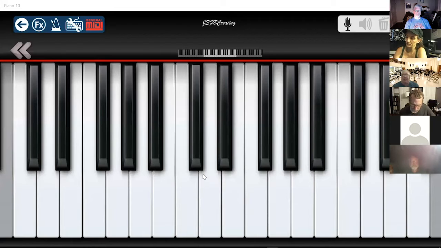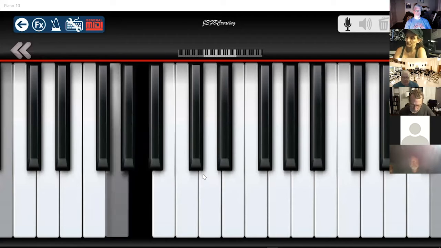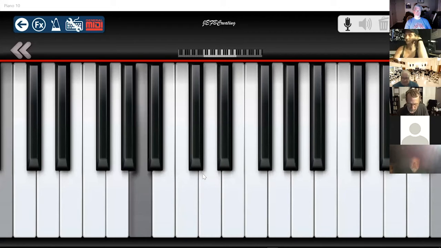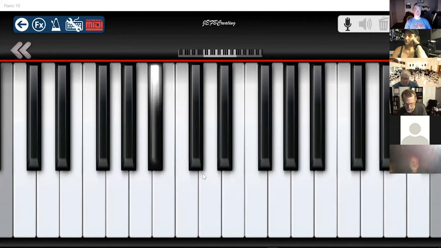So G minor. Normally the pure minor, G, harmonic minor, see, that sounds kind of exotic, kind of cool. In its melodic minor form,